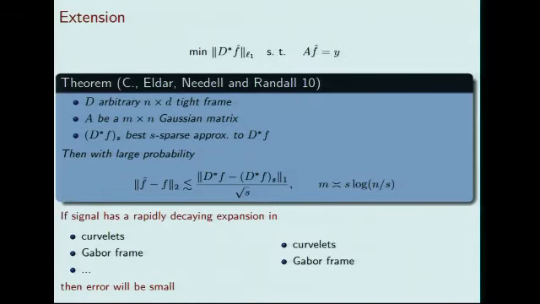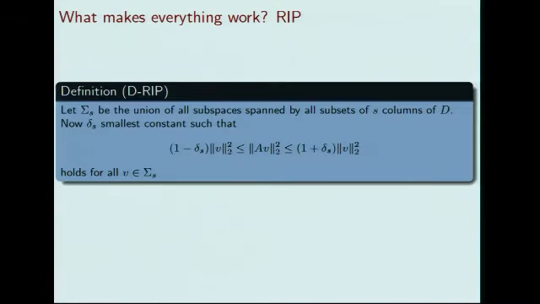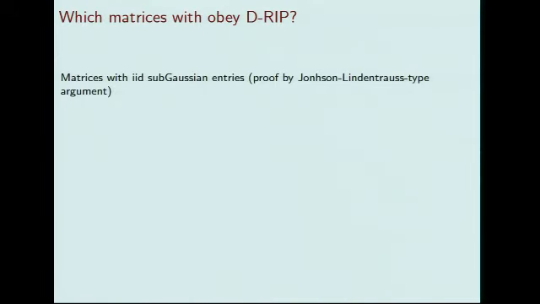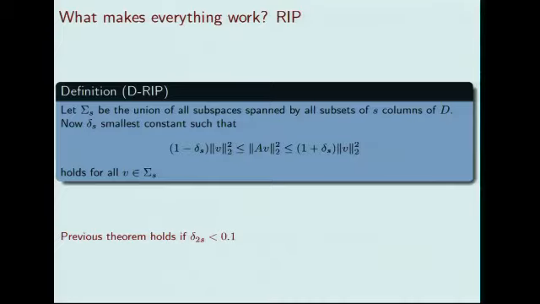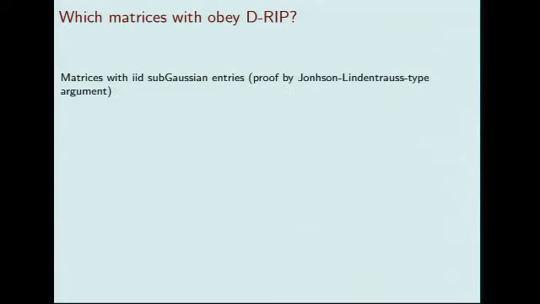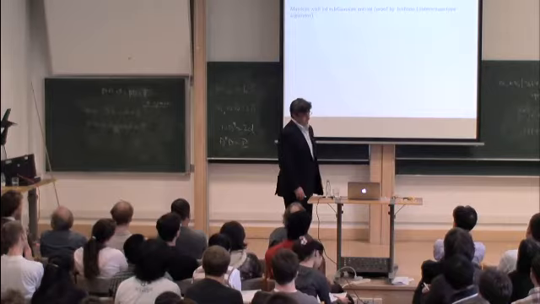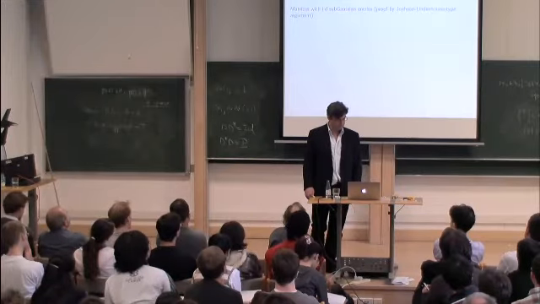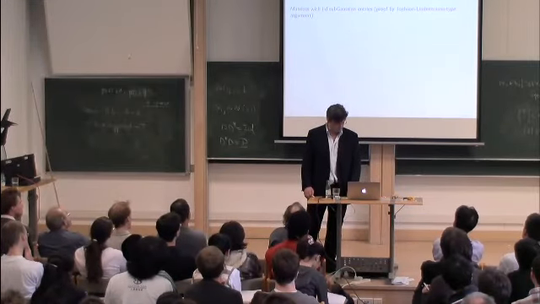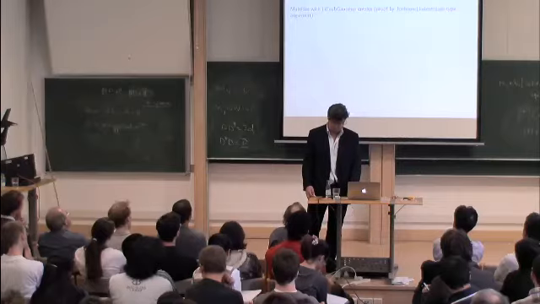Okay, so I discuss this because it allows me to connect to a paper that I really like. And first of all, how would you prove which matrices obey this more general version of the restricted isometry property? Well, if A is IID, it will do it. And in fact, there's not much that you need to change. If A is a matrix with IID sub-Gaussian entries, what you do is what people do for binary. You prove that for a fixed x, you're fine, and then you take a union bound, and you're just fine. So we know that random matrices will obey this more general form of restricted isometry property. That's all the usual measurements will do.